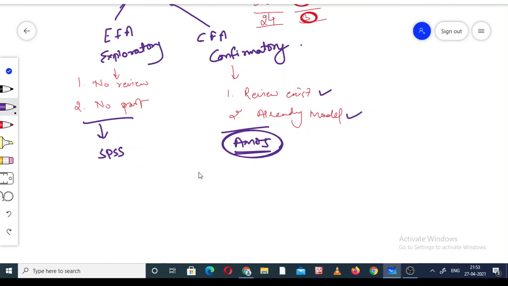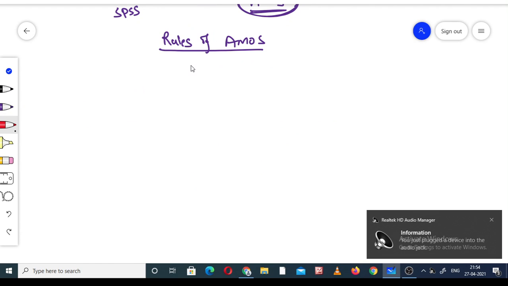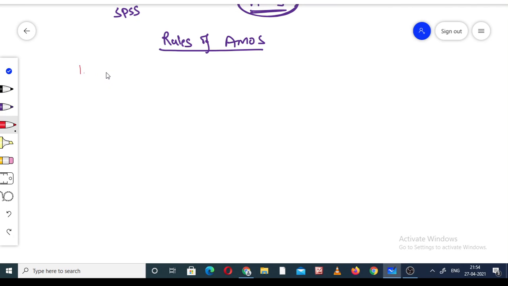So we start by discussing the rules of Amos. What are the basic rules? The first rule of the Amos is that there are two types of variables. The first is the observed variable.